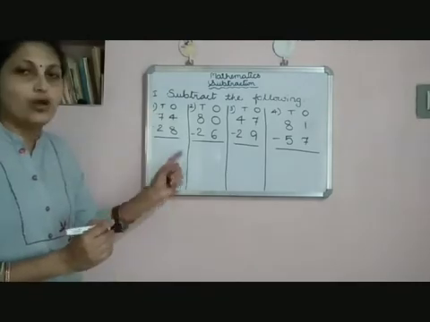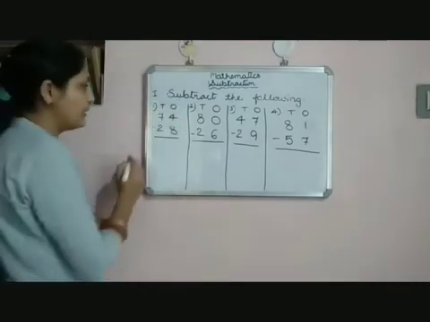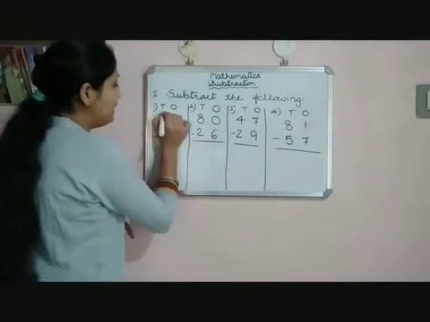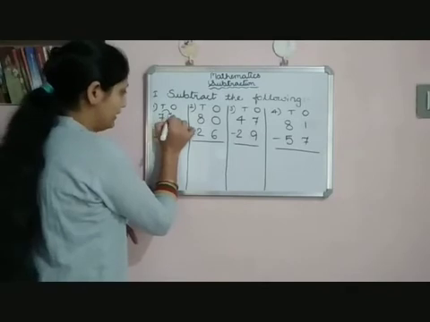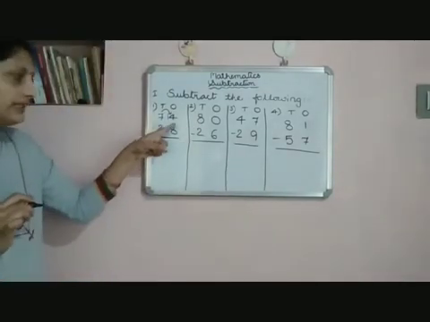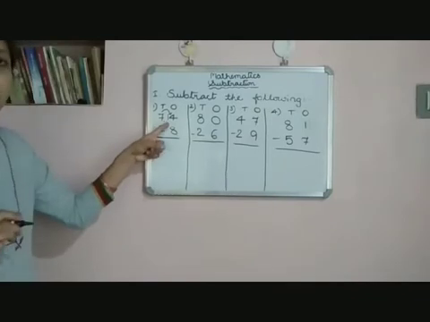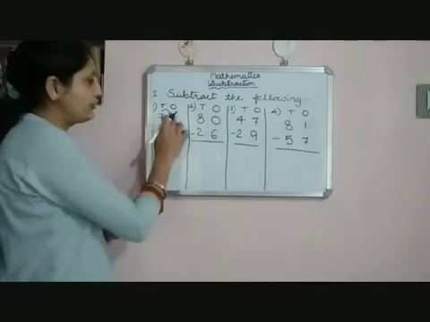So earlier we solved sums in this way. So take borrow from the tens column. Means we are taking 10 ones from the tens column. So you are taking 1 and write it here. Take 1 from this tens and write it here before 4. So what is it? 14. Okay, it is 14. So 14 minus 8.